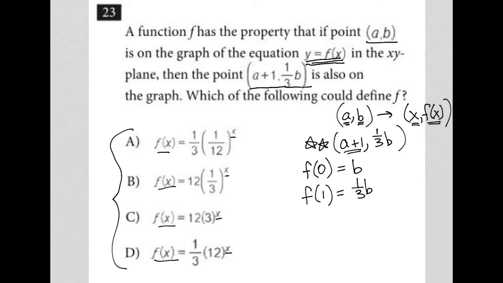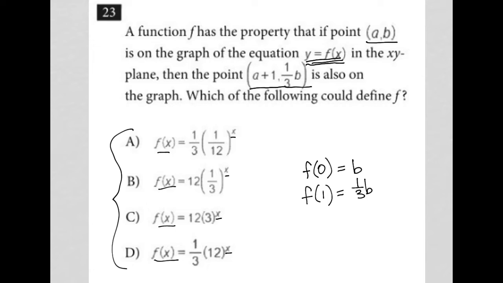Now that I know that, I can go to my answer choices and just try this scenario for each answer choice. For choice A, for instance, when I have f of 0, this x becomes 0. 1/12 to the 0 power is 1. 1/3 times 1 is 1/3. And then when I have f of 1, when I've increased my x value by 1, hopefully that makes sense, when x is 1, this becomes 1/12 to the first power, which is just 1/12. 1/3 times 1/12 is